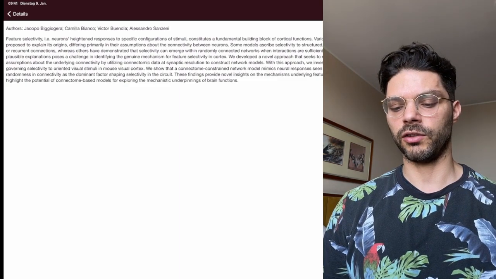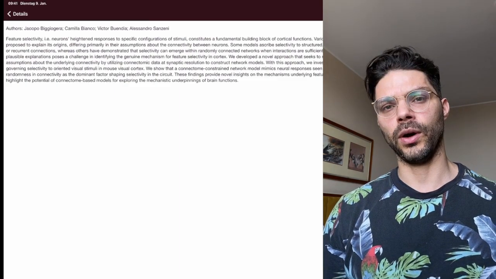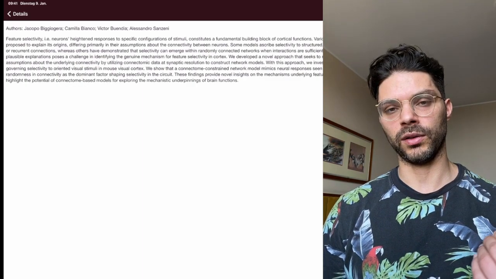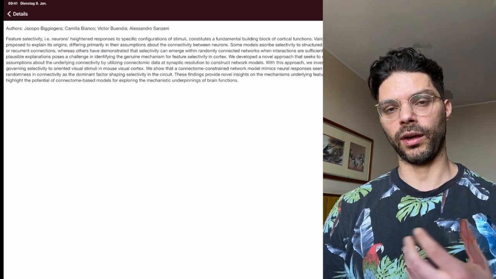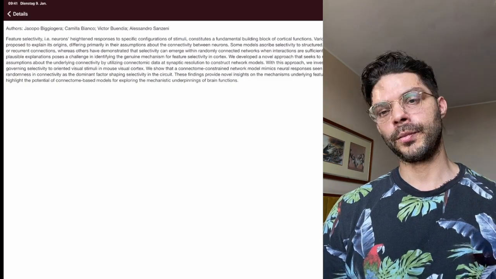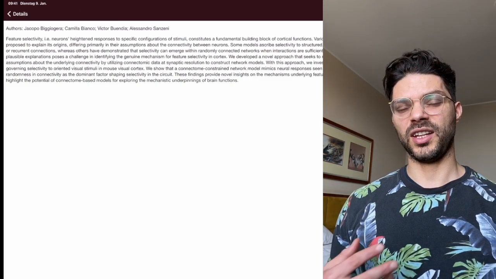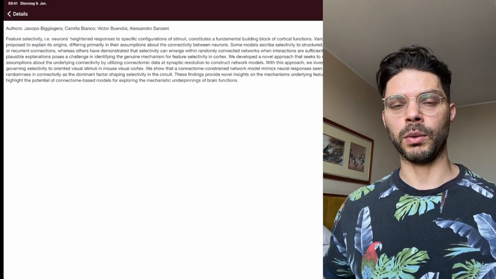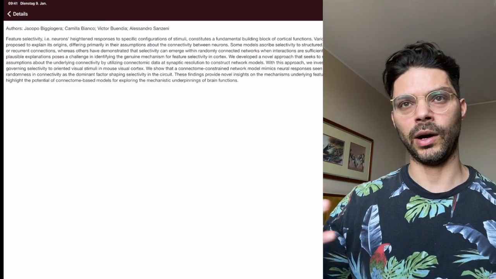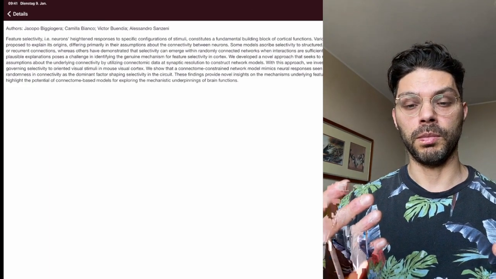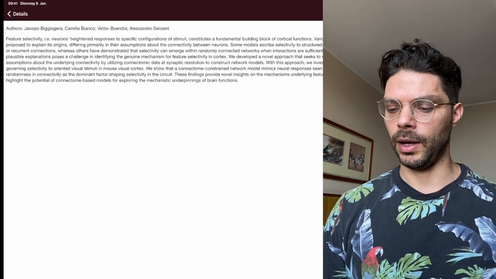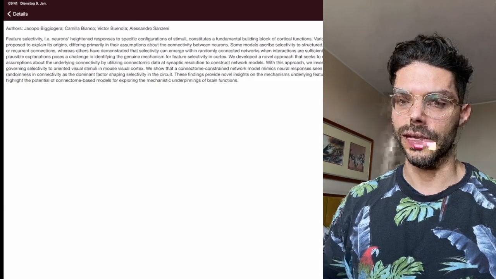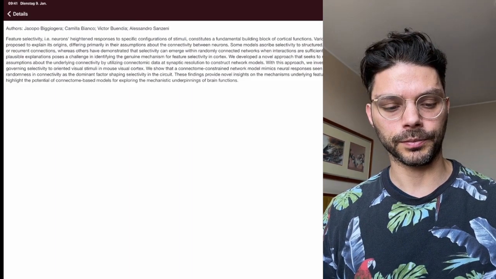So I think this will be an interesting poster to see how they're going to use the connectome to constrain their models and compare it to real experiments. I think this is definitely going to be a trend in coming years as we get larger and larger connectomes, and ultimately that's what we want to connect, right? The function of neural circuits to how they're built. So I think it'll be interesting to capture that. I'm not so sure about some of the other points, but I'm sure it'll get cleared up at the poster session. So I think that'll be a cool one to check out.